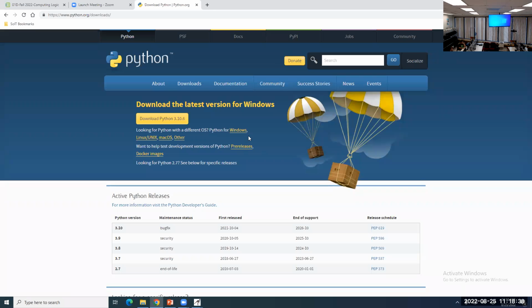You have a version for Windows. You have a version for Linux and Mac OS and so on. It depends on your computer. If Windows, download the version for Windows; if Linux, download for Linux here. Now, when you download it, you install it. That's the first step. For this computer, I will install Python, and when I put Python here,